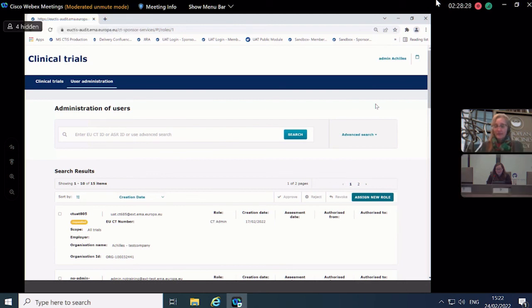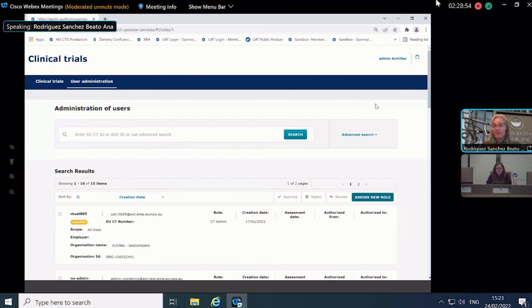Okay, there's another question about how many CT admin roles can be available per study. Is there a limit? There is no limit. As we said, there is no limit on the sponsor admins, for example. But again, we recommend limiting the numbers, because these are super powerful roles, although they don't have business permission, they can assign roles to themselves, and they are the starting point in the hierarchy.